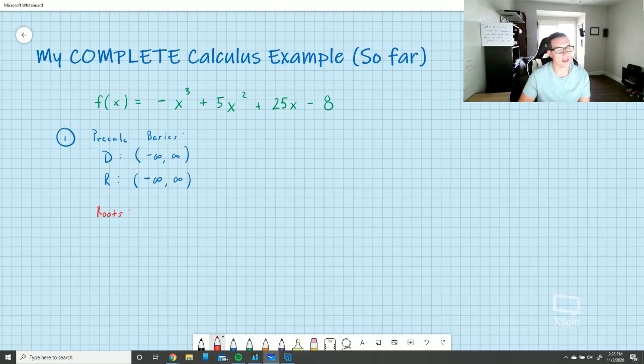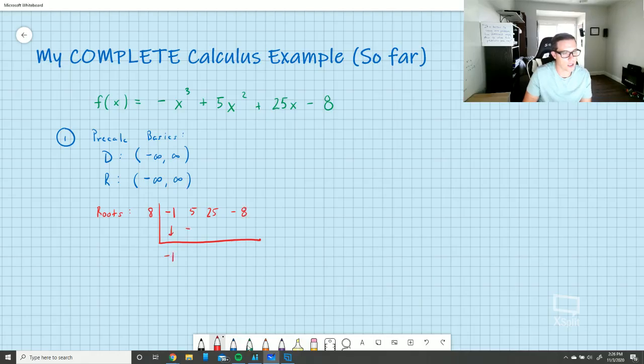Roots, well, this is a cubic. It's harder to find the roots of higher degree polynomials as opposed to quadratics. If it was quadratic, we could do the quadratic formula or factor. If it's a cubic, you could try to factor, which is tricky. You don't need to know this, but I will remind you of something you can always try called the rational root test. I cheated and I know 8 is a root, but if you know one of the roots, you can do synthetic division